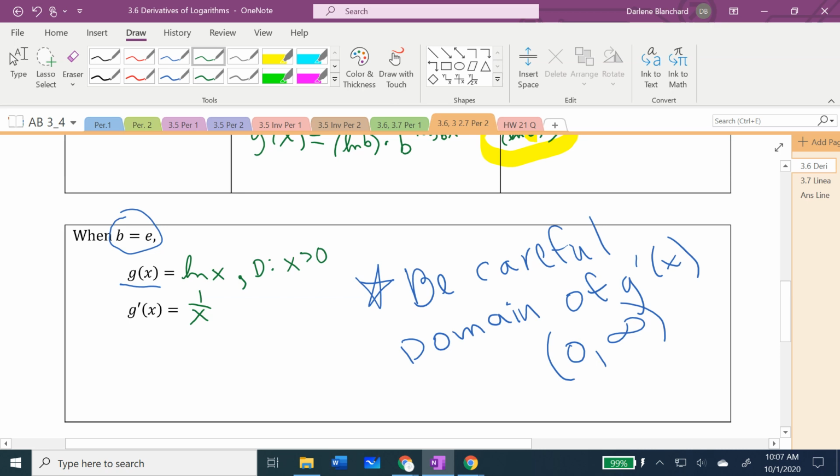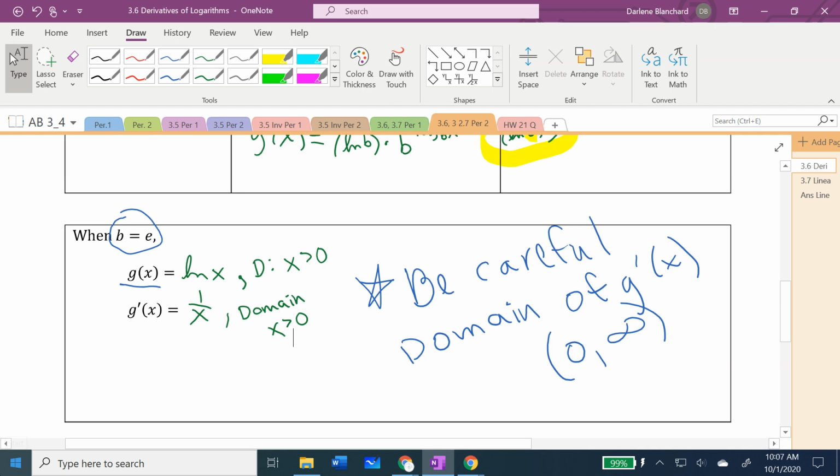Its derivative cannot add to the domain. So the derivative is forced to have its domain be only positive numbers. And if you look at those,